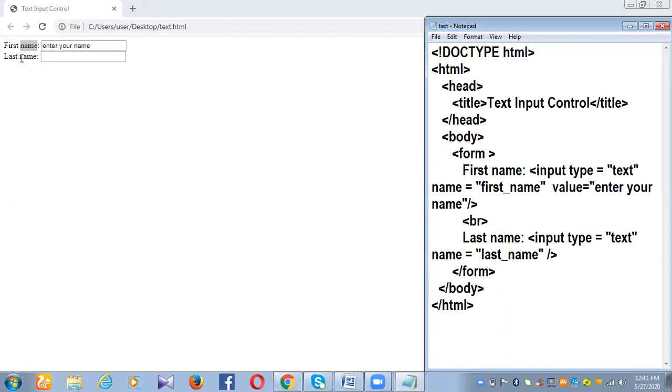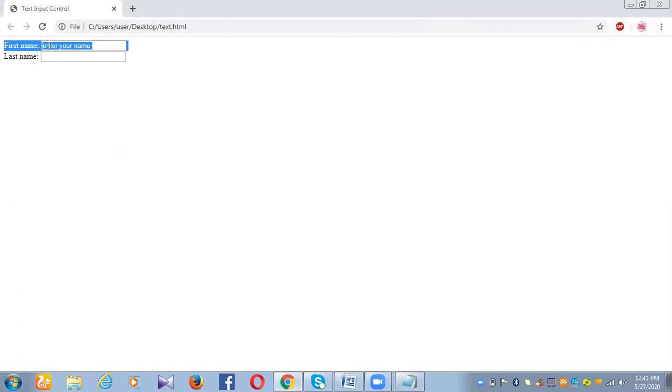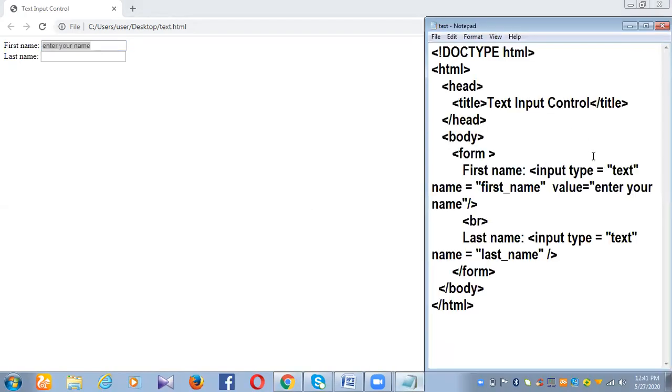After first name, a box has come up, and inside the box it is saying enter your name. That is the value which we have given here. Then in the second line, last name is mentioned. Then input type is equal to text, so another text field appears here.